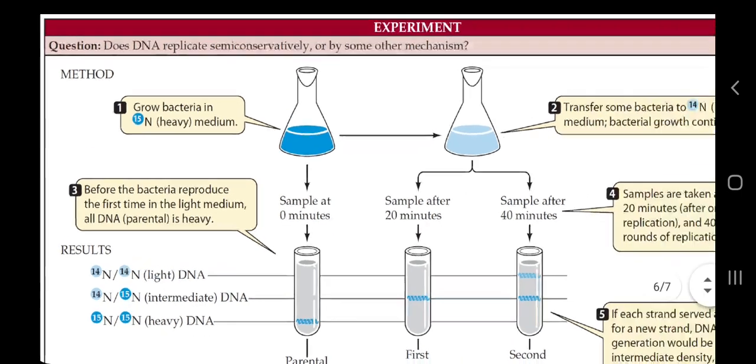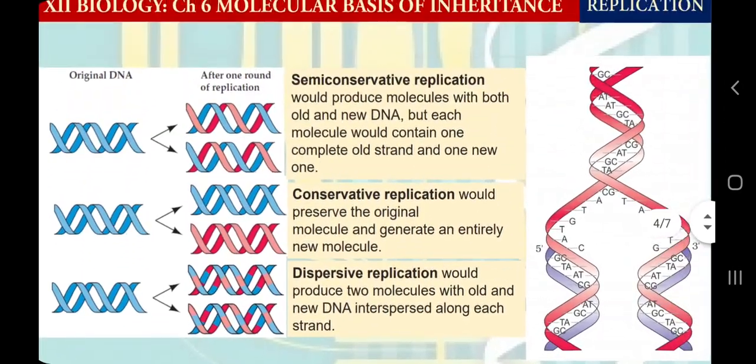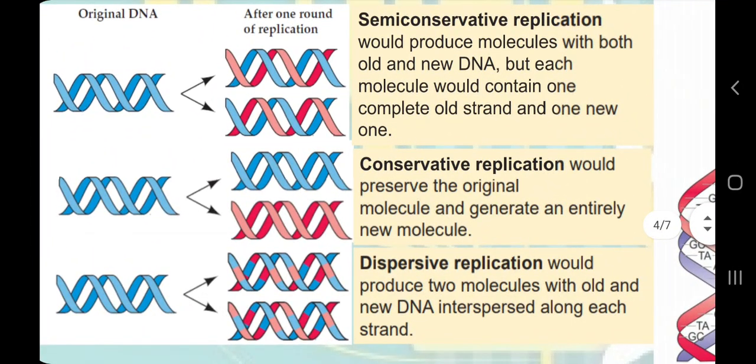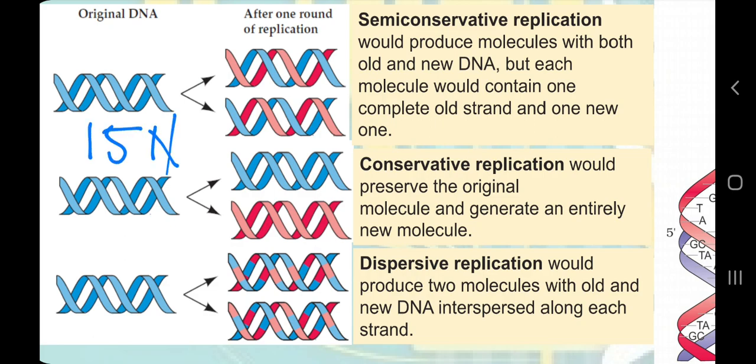Let me again show you the basic concept of what they wanted to prove. So here semi-conservative, conservative and dispersive. See, in the conservative there are two types of DNA, one light, one heavy. Now you can correlate this blue with 15N and this red with 14N. Because the bacteria itself have 15N DNA, then we provide them 14N, and we kill them after 20 minutes and centrifuge them. So now you can see the connection with the diagram.